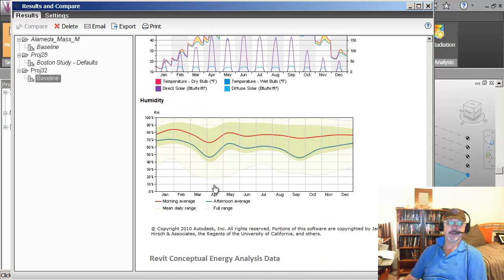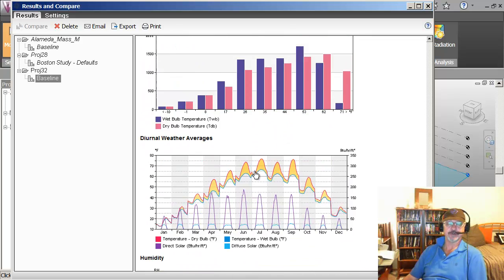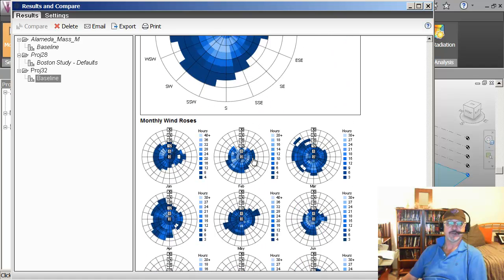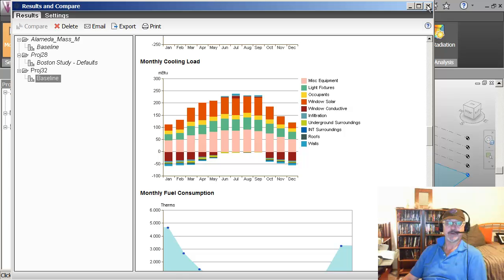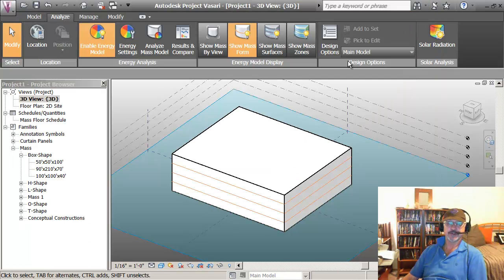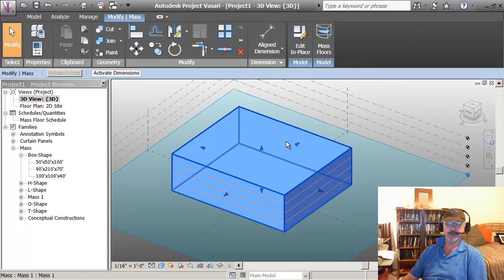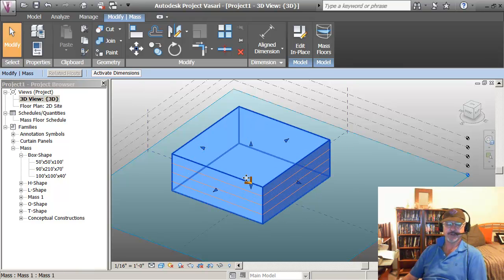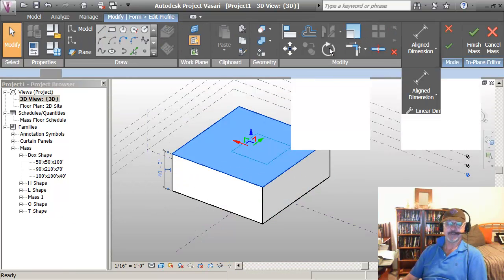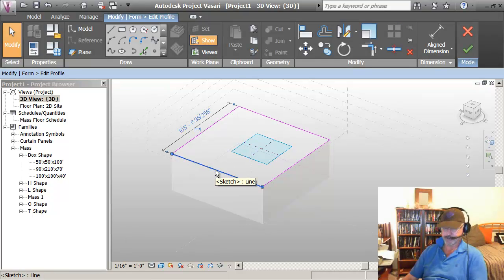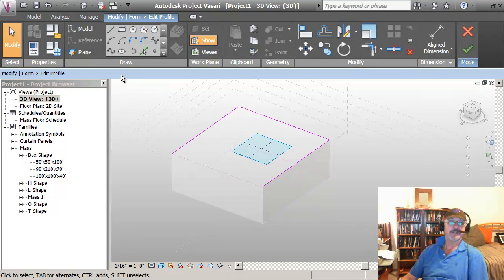All this data that you can choose to analyze. So in a matter of a few minutes, I'm getting feedback on what the options for my building are. So I could come back here now and say, well, you know what, I've looked at the program, I've decided I can reduce the size of the building. Maybe I even want to edit it in place and say that I'm thinking about changing the shape of the building, so I'm going to delete this, and maybe